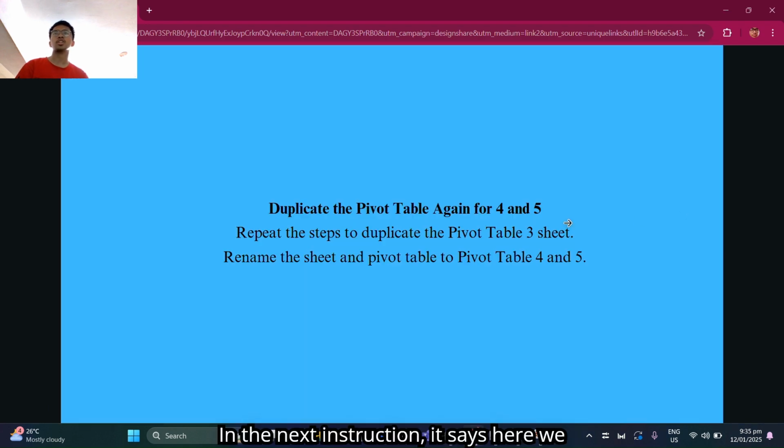In the next instruction, it says here we need to duplicate the pivot table again for pivot tables 4 and 5.